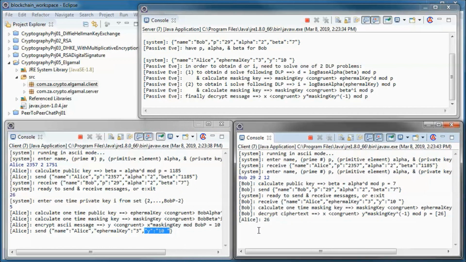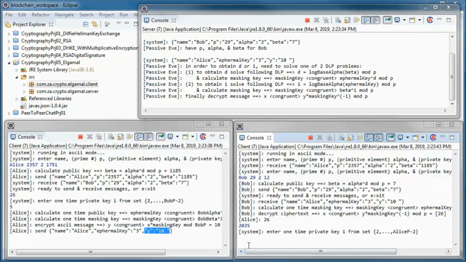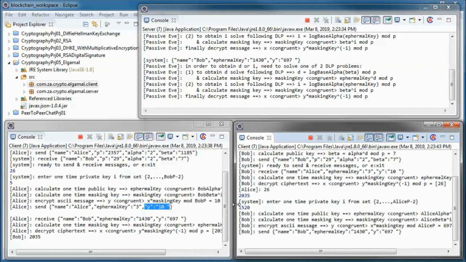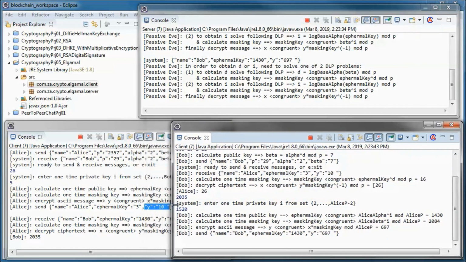And if Bob wants to send this ASCII message to Alice, and using this one-time private key, so he does the same thing.